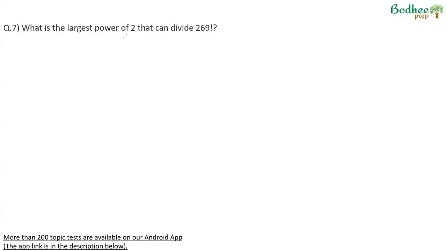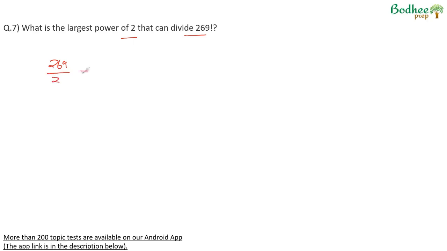What is the largest power of 2 that can divide 269 factorial? Now, this is a standard process that we follow. We start dividing the number for which the factorial is there by the prime number for which the power is to be calculated. So we start dividing